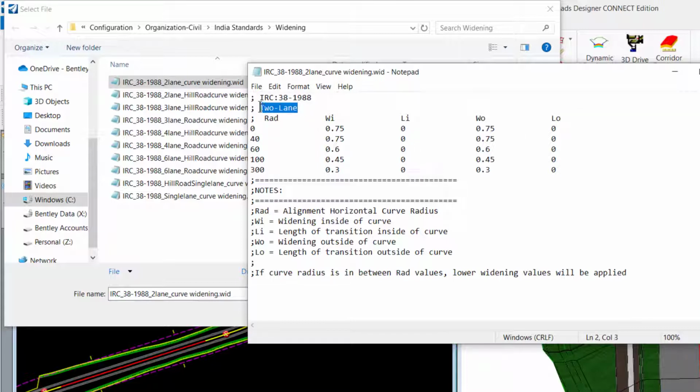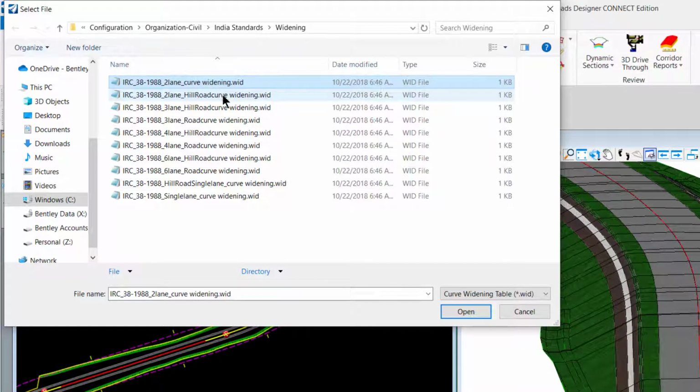So this represents the 2 lane and the IRC 38 1988. In a similar way, you could view the rest of the WID files using the text editor.